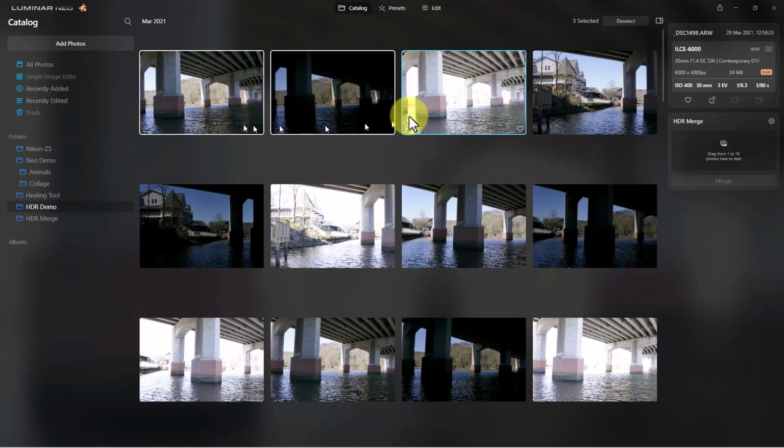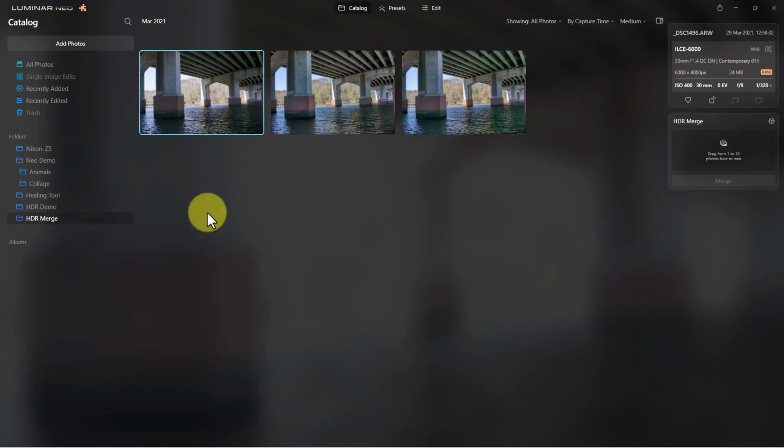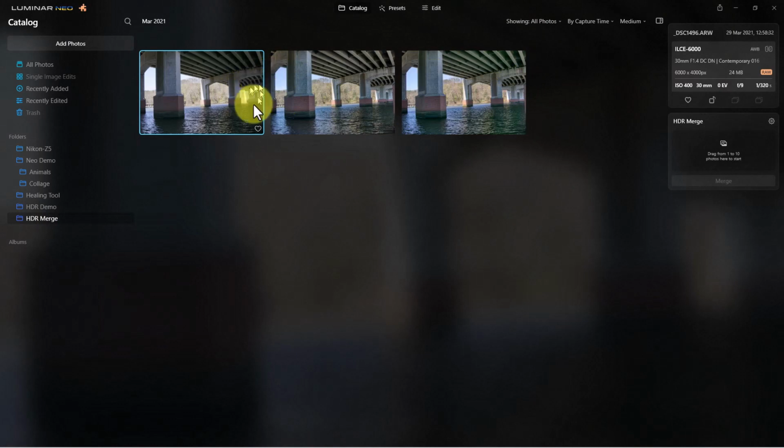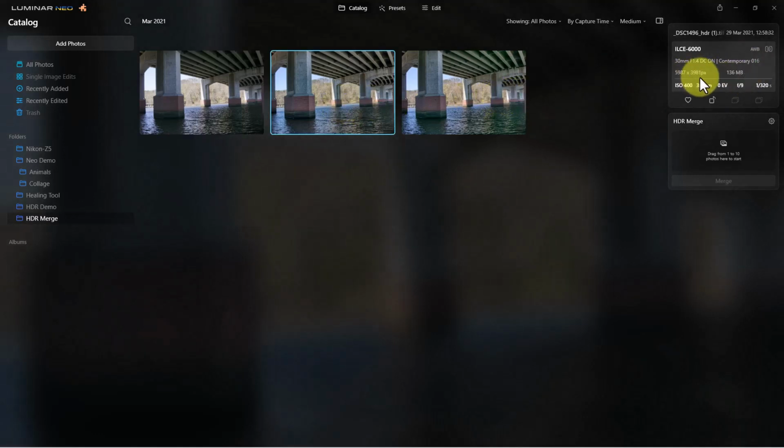So it takes a while to run an HDR Merge, and so I've already done that. The pictures that you can see right here, these pictures are only 24 megabytes. We're going to go to HDR Merge. Here's my examples, and so here's one of the three originals. It's just at regular exposure, and if you look at it, it's 24 megabytes. If we click onto one of the ones that I merged, they are like 136 megabytes because there's more information